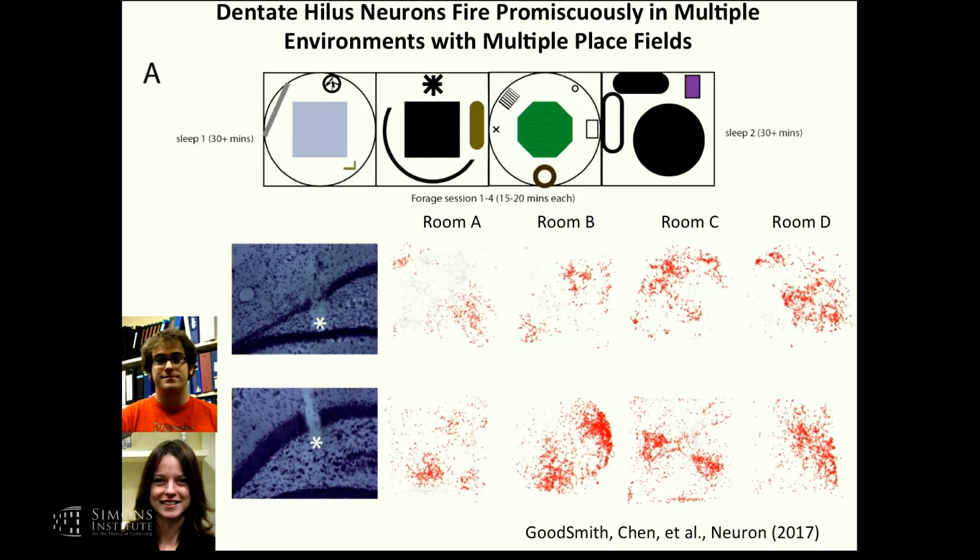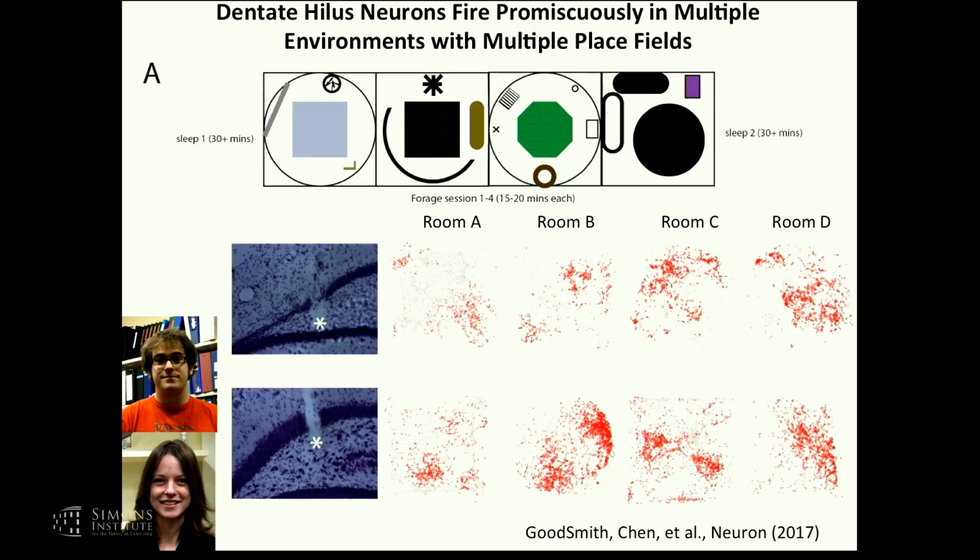And we were very careful to make sure that we were only looking at data where we knew exactly where the tetrode tip was, and that was clearly not in the granule cell layer. These are recordings that were done, and we sacrificed the animal either that day or the very next day. So we knew that the tetrodes hadn't moved a lot. So we were as sure as we could be from extracellular recording techniques that we were recording cells in the hilus. And this is what the firing fields of these cells looked like.